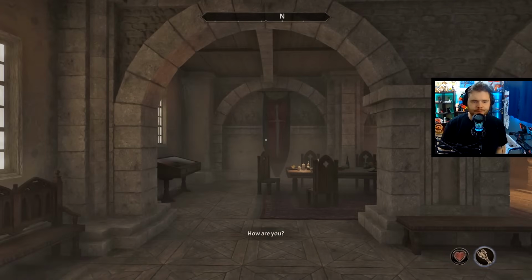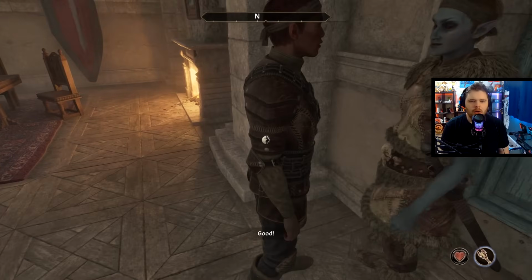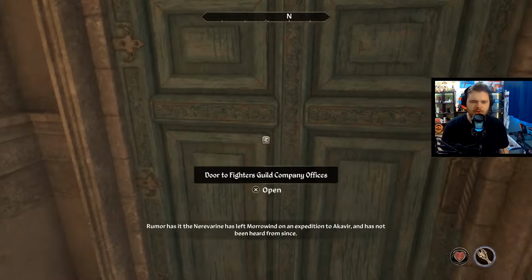We got the Fighters Guild Dining Hall. How are you? Fantastic. Hello. Thanks for asking. Good. Why does it not say certain people's names? Is it when they're like in a conversation? I'm pretty sure we have to still find...